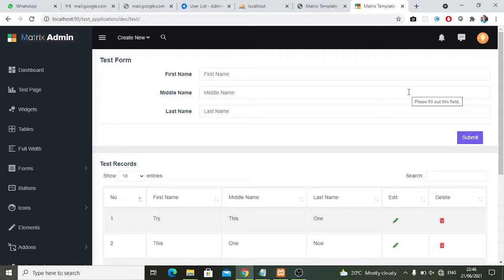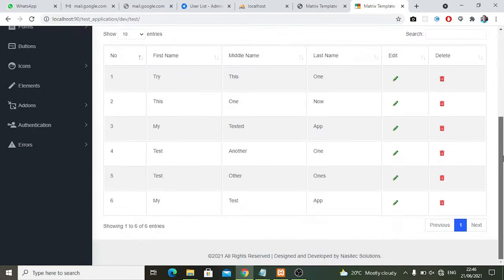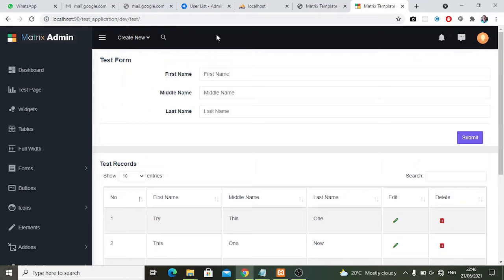We were able to create, edit, delete, and update records within our application, thus achieving our goal of having an application that allows us to interact with the backend without refreshing the page,